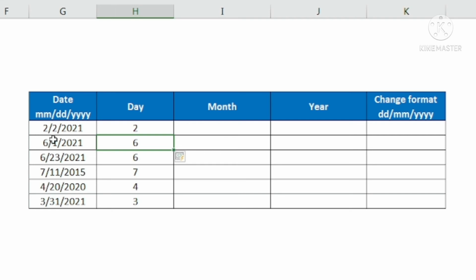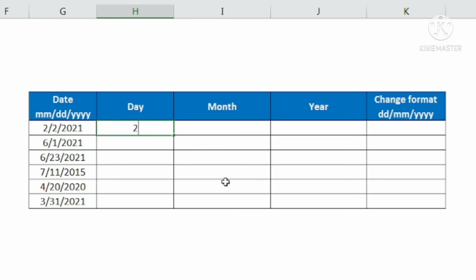Because this was a 2 and 2, both month and date are the same, Excel has recognized this 2 as the month, the first number, and then it has given us 66743. That means Excel has given the month, but we wanted the day, which is at the second place. Right? Why has this happened? Because the month and date are both the same in the first record. So to solve this problem, what will we do?